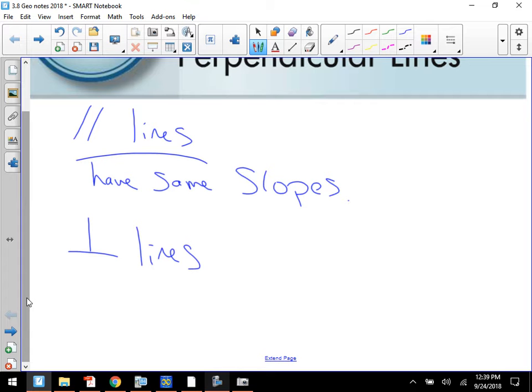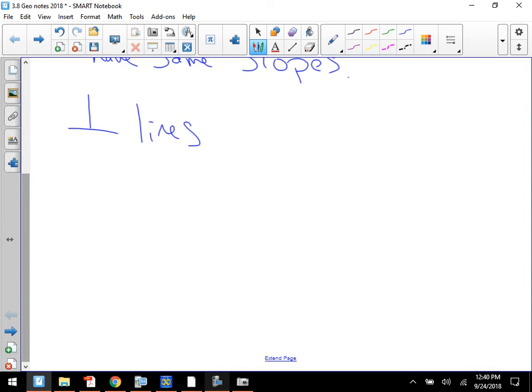When you have perpendicular lines, what was the thing with their slopes? What was the relationship between those? Obviously, they're not the same, but what were they? Do you remember? What were they? Opposite what? Well, I'll give you opposite reciprocals. Yeah, slopes were opposite reciprocals, and we'll talk about how these are all found and how we work with them